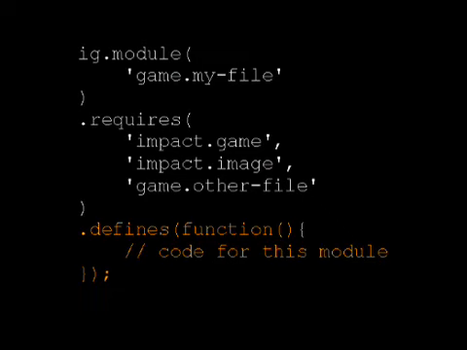This is where we actually start putting in our classes. But what's really cool about the defines block is that you can also have it execute code in there as well. So you don't have to think in this limited way that you can only put classes in there. I actually do a lot of just regular JavaScript that would manipulate the DOM or tweak parts of the game framework itself. Anything that gets in here gets executed in a particular order, just like you would have JavaScript on the page.